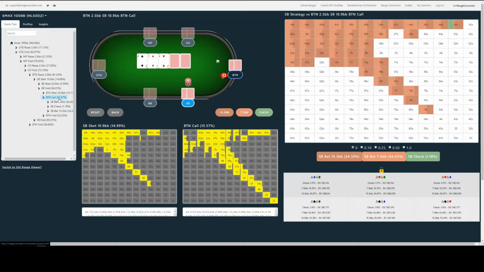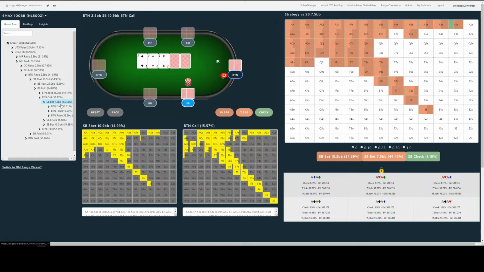That was the last pre-flop node where small blind 3-bet button called, and now small blind here has these three options, and you can see it corresponds here. So we could, if we wanted to, see what the GTO solution is when the small blind bets 7.5 big blinds, we can either click here on the game tree and it will take that action